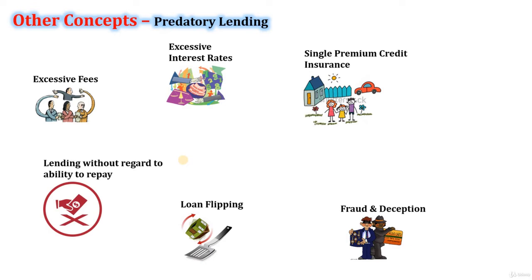Prepayment penalties. Penalties for prepaying a loan are not necessarily abusive, but predatory lenders may use them to trap the borrowers in high cost loans. Balloon payments. Loans with balloon payments are structured so that the monthly payments are lower, but one large payment, the balloon payment, is due when the loan matures. But in the case of predatory loans, it may contain a balloon payment that the borrower is unlikely to be able to afford, resulting in a foreclosure or refinancing with additional high cost and fees. Sometimes lenders market a low monthly payment without adequate disclosure of the balloon payment.